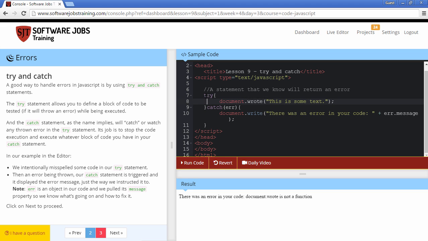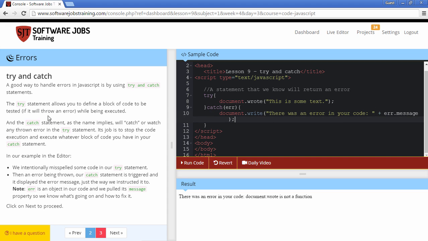Okay, so over here we have written the try keyword, and in the curly braces block we have written some code. The try block will execute the code and test whether it works right or not. In case an error is generated, it will be thrown to the catch section, which will catch the thrown error in a variable err. And in the curly braces you can write the error output that you need to show